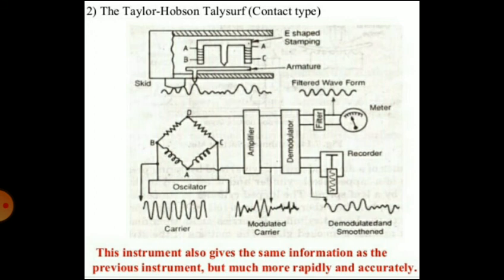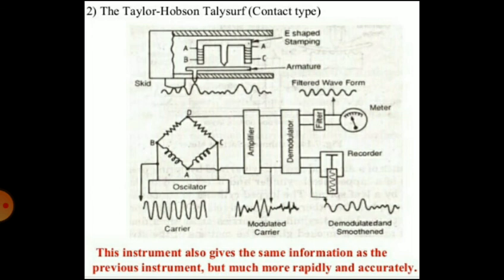A predetermined value of alternating current is supplied to the coils. The coils form parts of a bridge circuit. So the bridge circuit is attached to the coils. A skid or shoe provides the datum to plot surface roughness. The measuring head can be traversed in a linear path by an electric motor. The motor, which may be of a variable speed type or provided with a gearbox, provides the required speed for the movement of the measuring head.